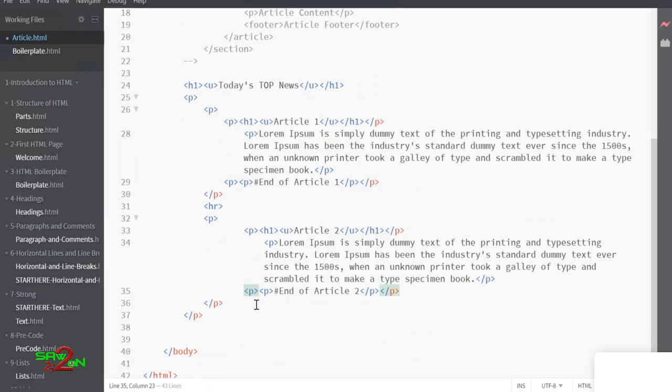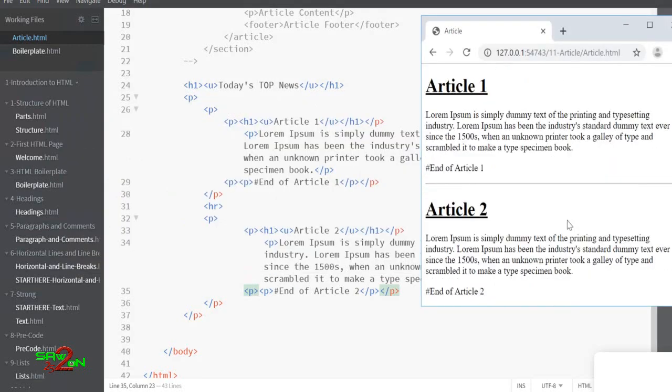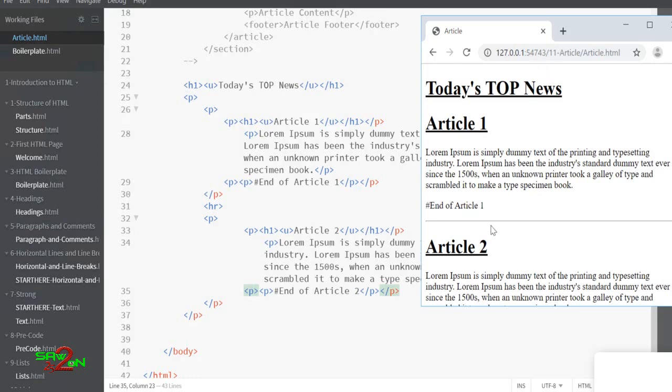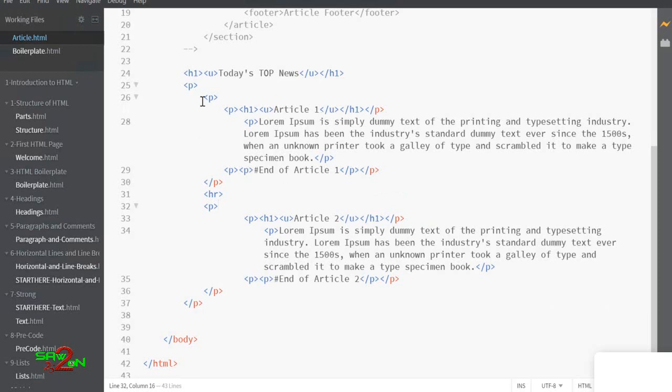Okay, once you do that, the readability is gone, right? It's hard to understand what this is all about. If you look at the output again, it might look the same, but the readability of the article is gone from the HTML page. On the display you can still see this is an article, this is a paragraph, then this is a footer, but when you look at the HTML code, it's hard to understand what this p tag and this p tag and this p tag are.